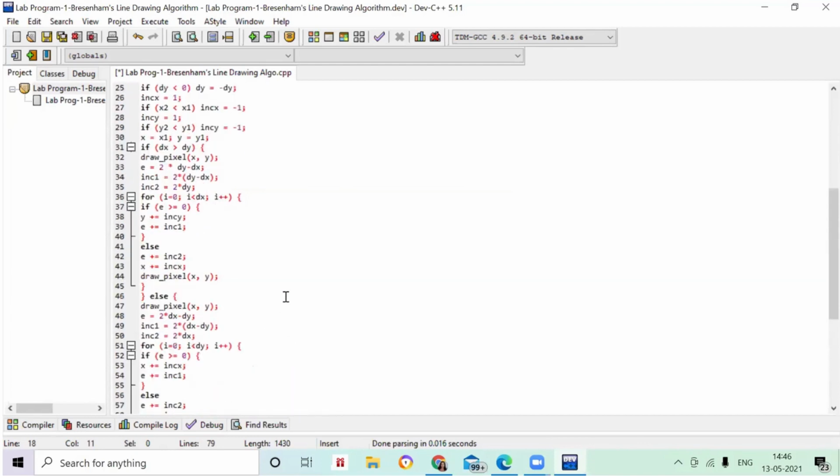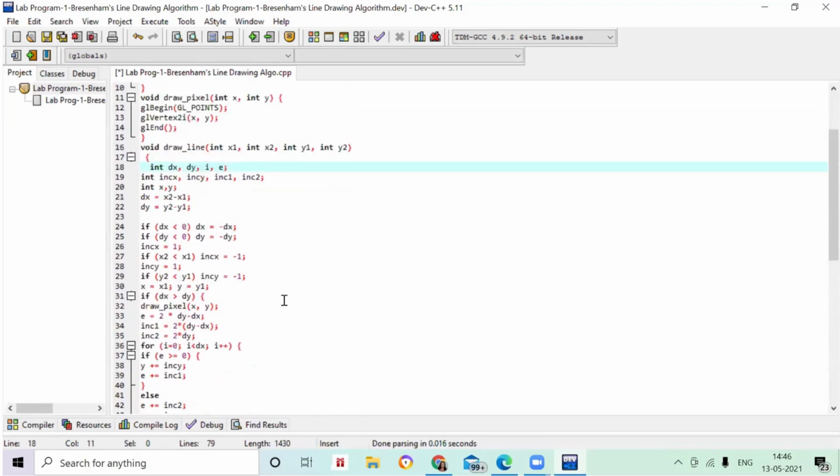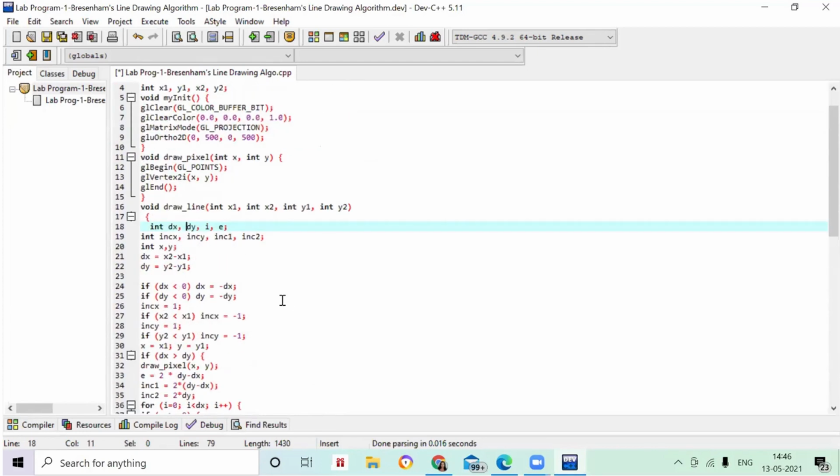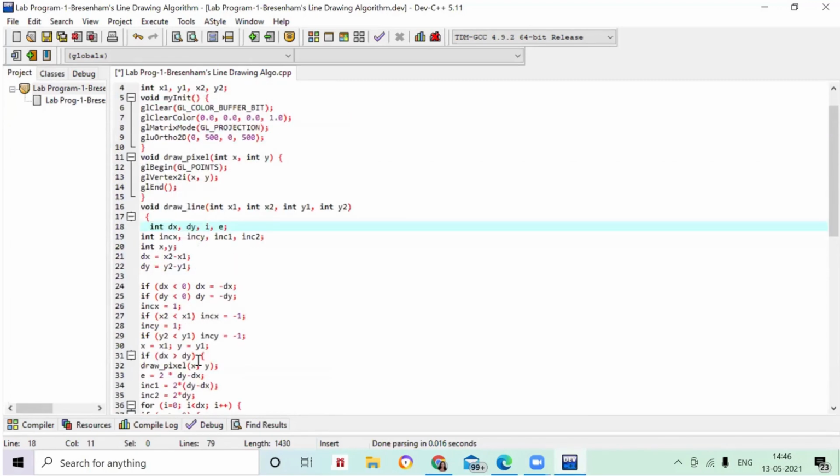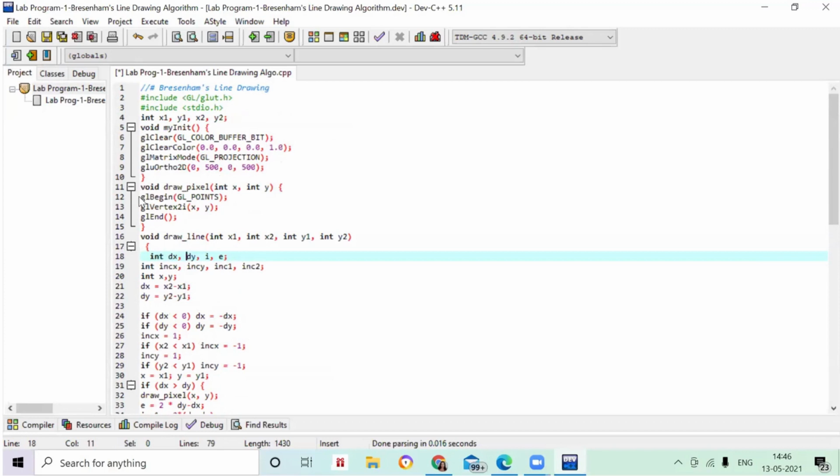Okay, so in this way you have to understand where to put and what to put. Now you can see this draw pixel is a user defined function. Everywhere we have written draw pixel. So now we have to create one more function, we have to go to the draw pixel.